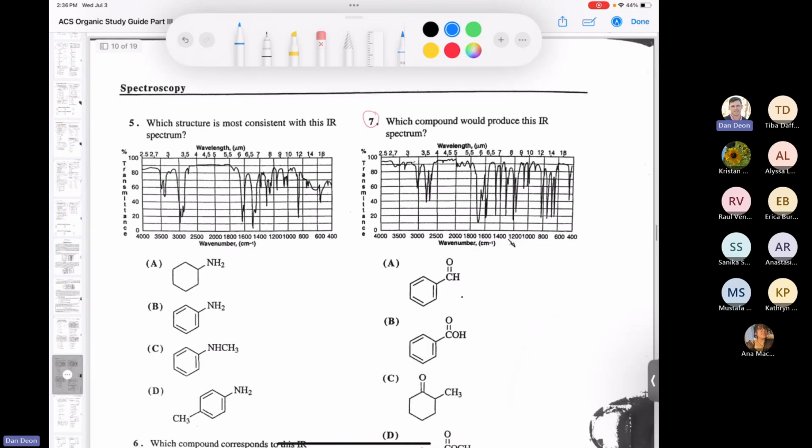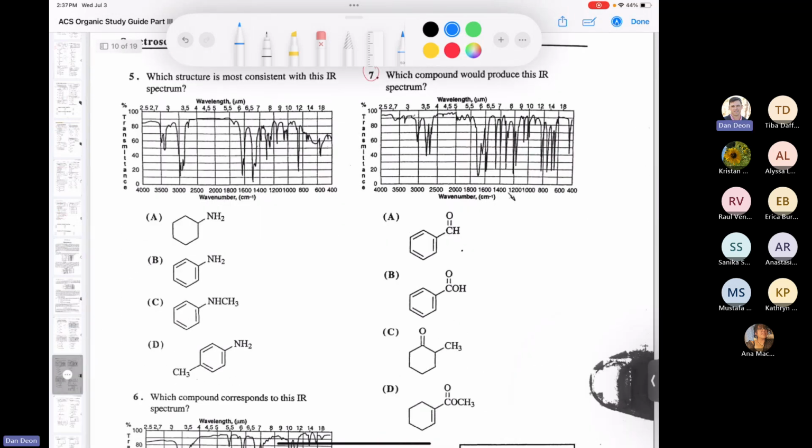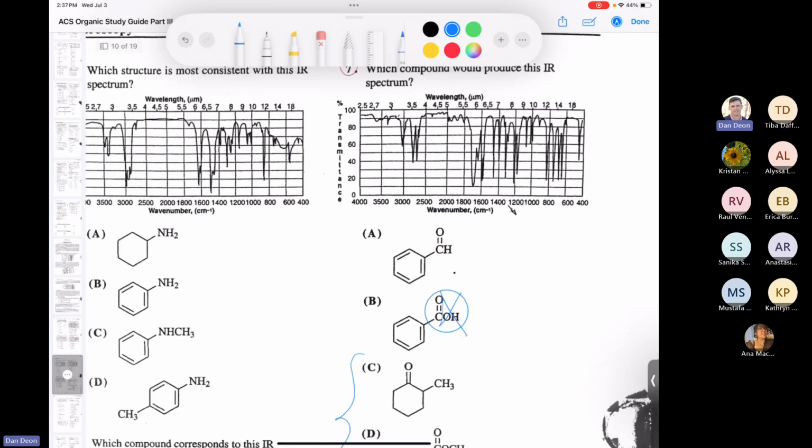Let's try number 7. Ooh, number 7. Let's see here. It's definitely not a carboxylic acid. I noticed that there's a carboxyl group here. We can scratch that off right away because there's no carboxyl group here. Then you see that 2 of the compounds aren't aromatic. Okay, so 2 of them aren't aromatic. And so then I would ask myself, is the compound aromatic? And you can see that if you look in the,